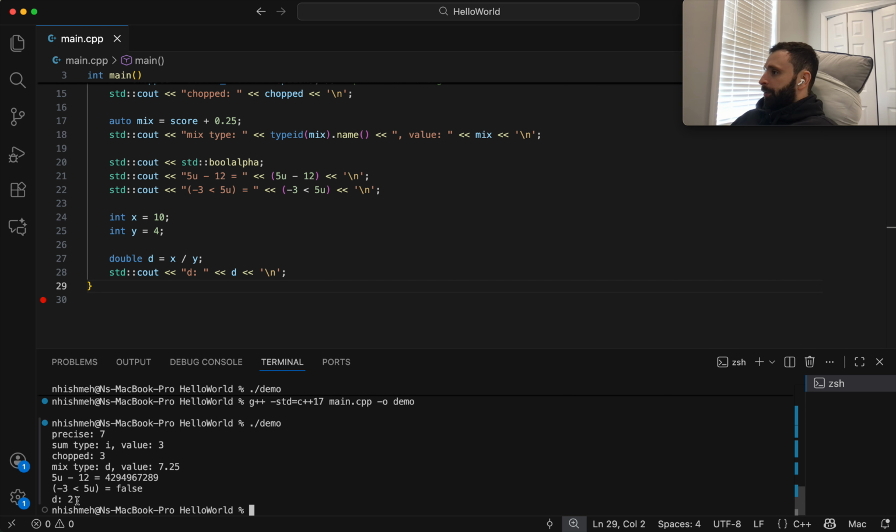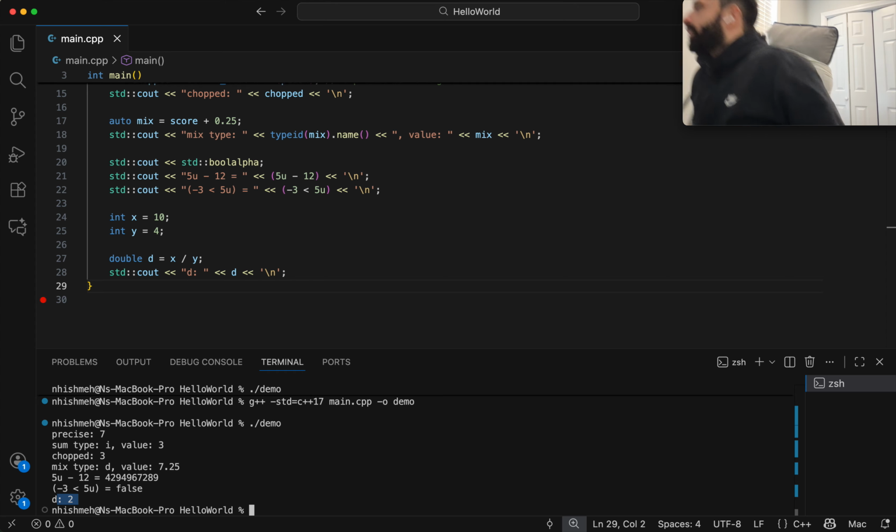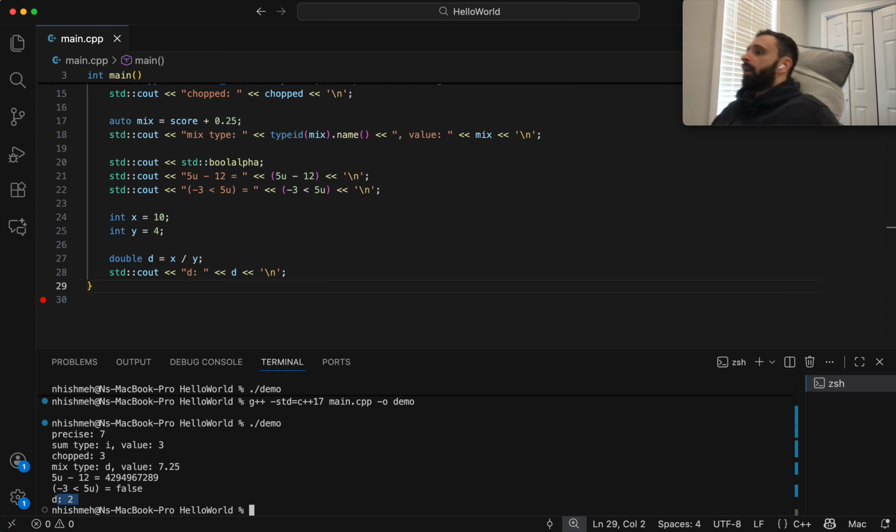Oh, there we go, it's 2. So this line surprises some people. Even though d is a double, the division happens first. That's the key thing, the division happens first. Since this is an int and this is an int, both operands to the division operator are ints, so it's integer division.